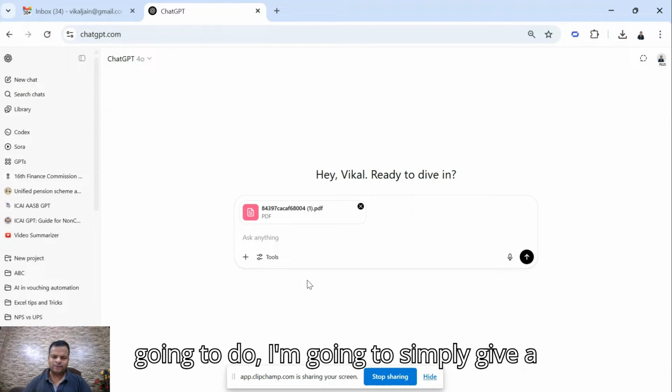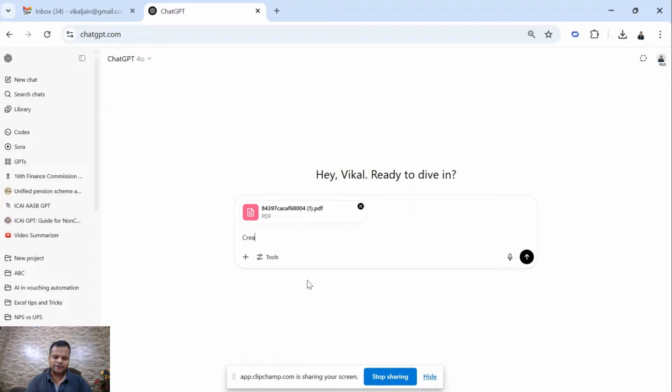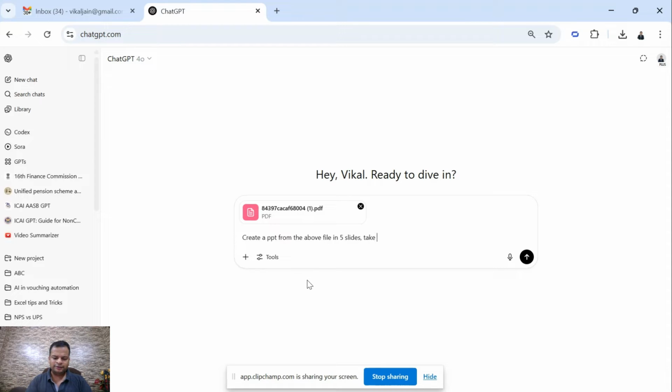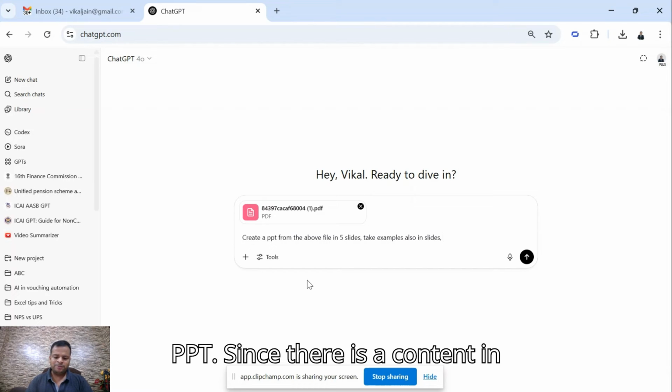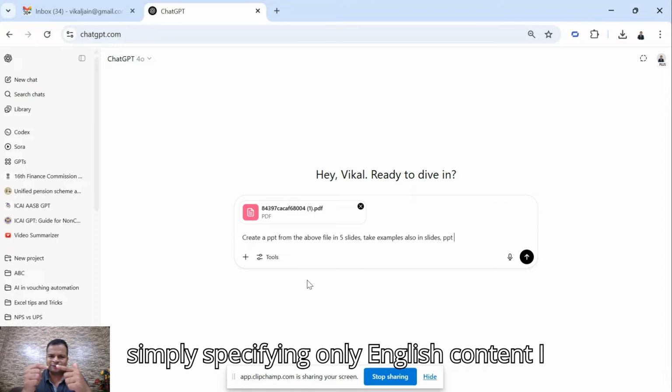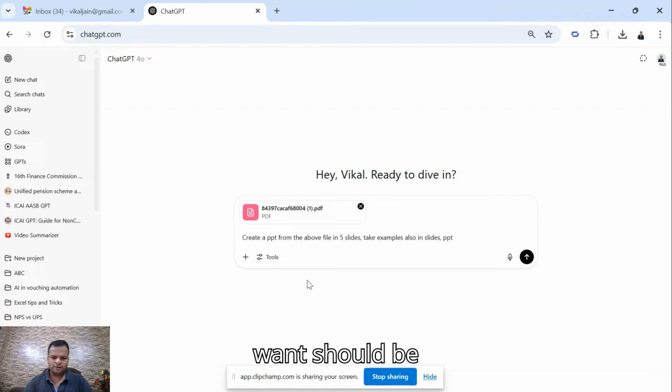Now I'm going to simply give a prompt: create a PPT from the above files in 5 slides. Now I'm going to take one example also. Take examples also in slides PPT. Since there is content in two languages, Hindi and English, I'm simply specifying that I want only English content. Should be in English only,